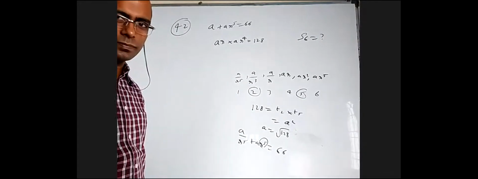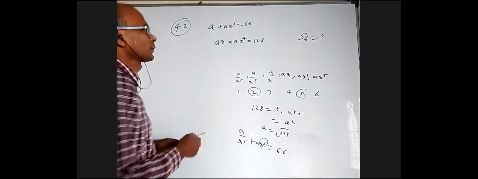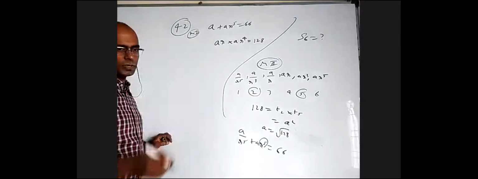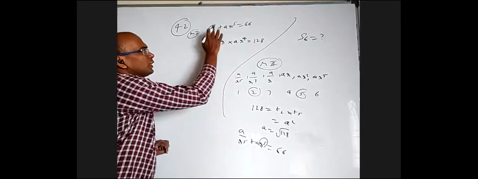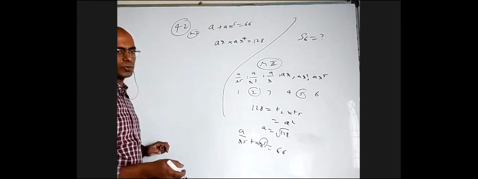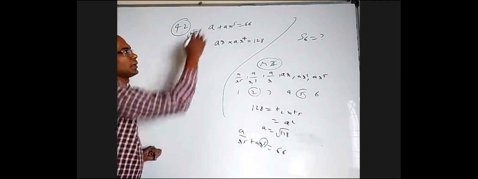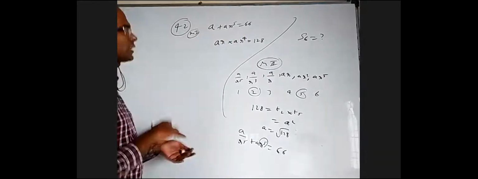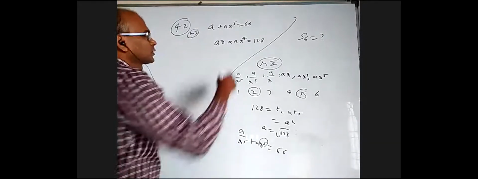No, sir. The first method is there, no, sir. Okay, this is method 2. R power 5 is there, no. Oh, you want to eliminate? Understood what I'm saying. Okay, that's what that boy is also saying, because a and r power 5 you want to treat like variables. Basically, this is like one thing, and this is like one. So eliminate r power 5, you'll get a, or eliminate a, you'll get r power 5. Got it.